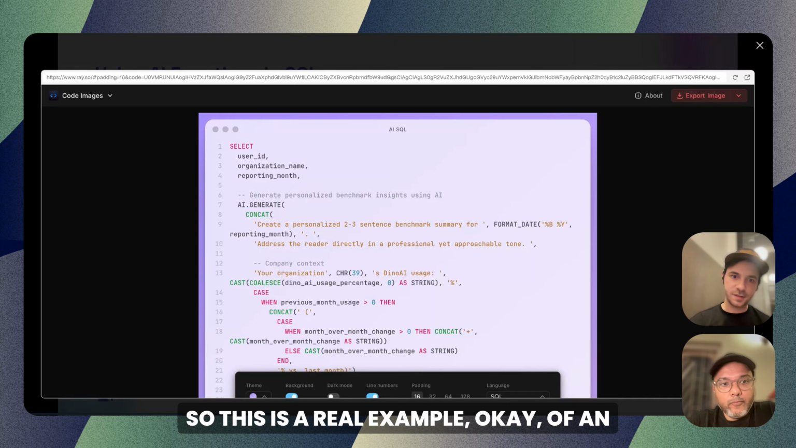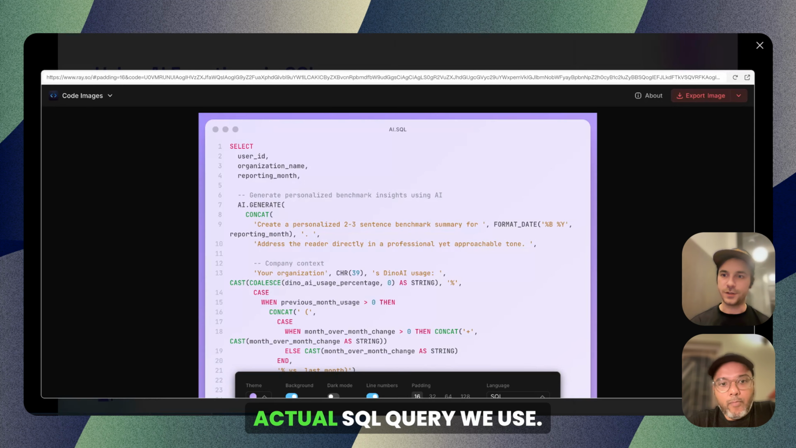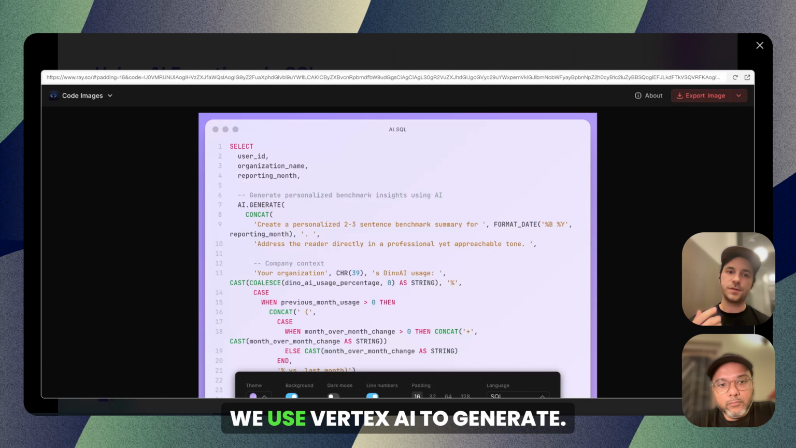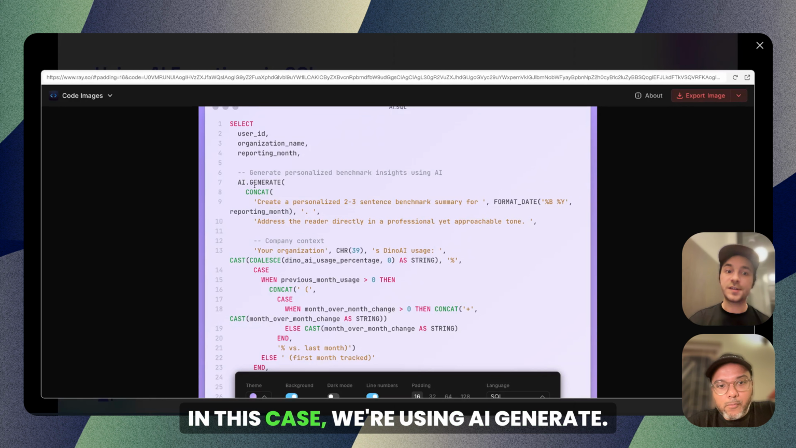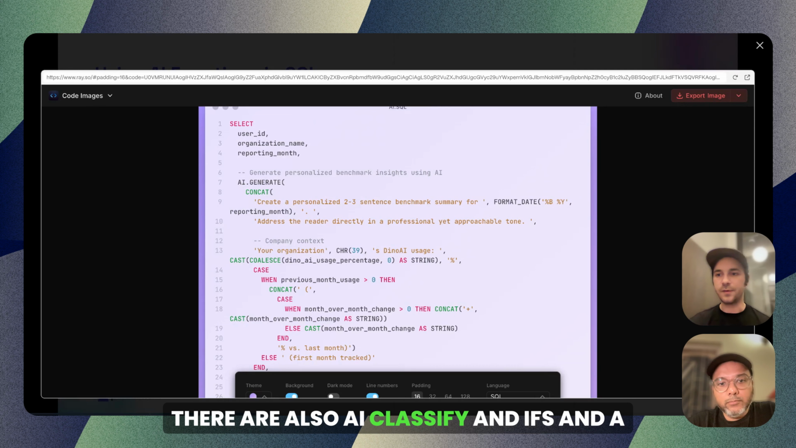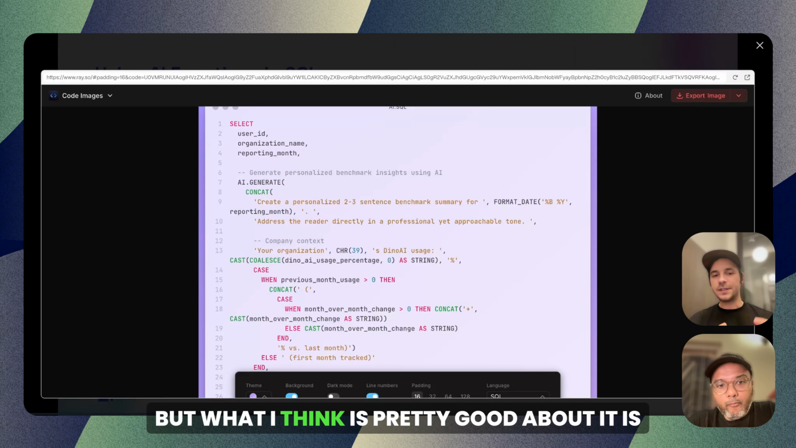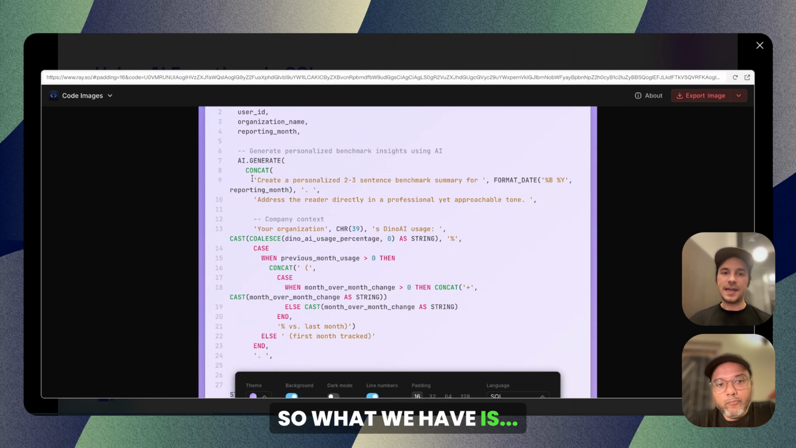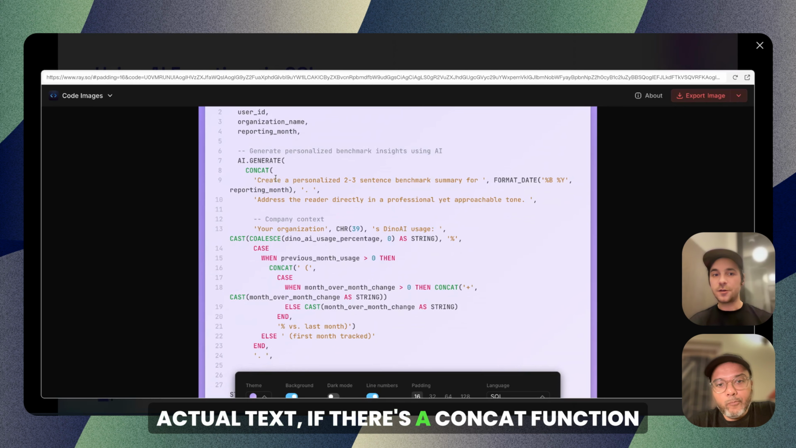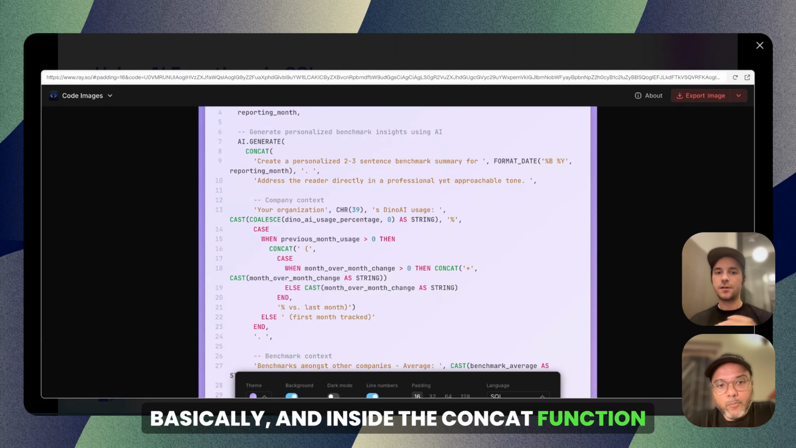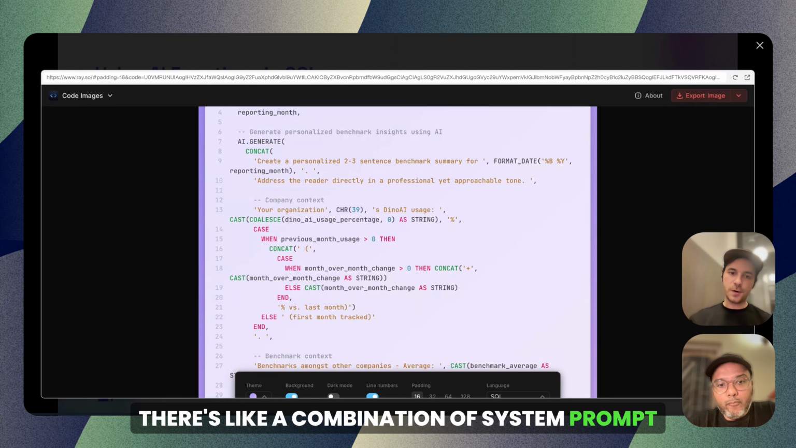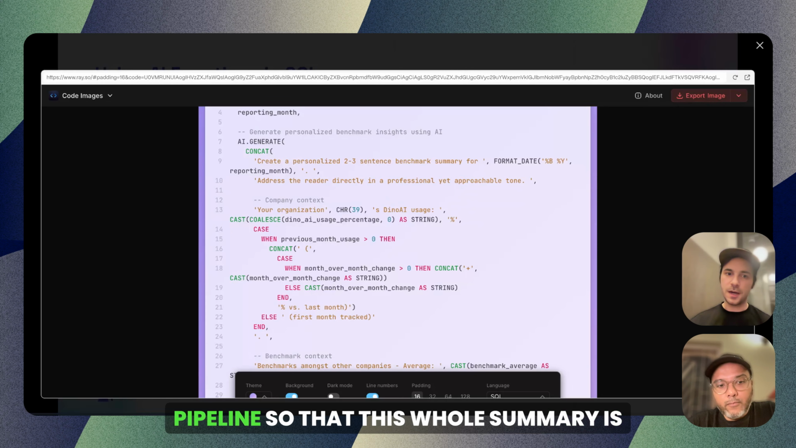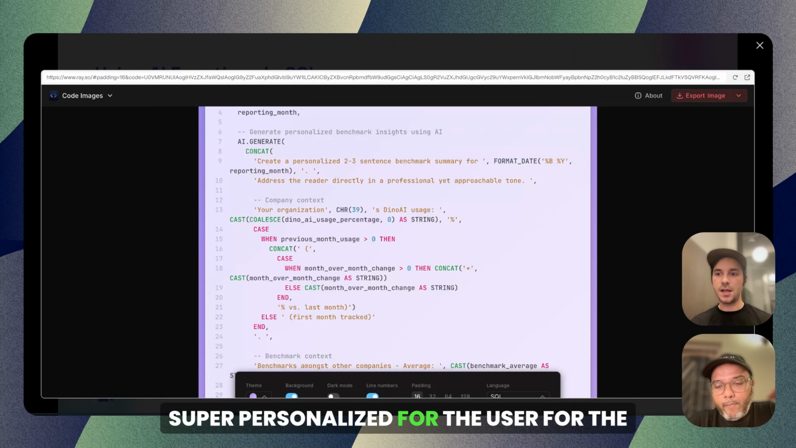So this is a real example of an actual SQL query we use with Vertex AI to generate. In this case, we're using AI generate. There are also AI classify and ifs and a few others. But what I think is pretty good about it is that this allows us to compose dynamic prompts, right? So what we have is actual text. It is a concat function, basically. And inside the concat function, there's a combination of system prompt plus actual data that we feed from our pipeline